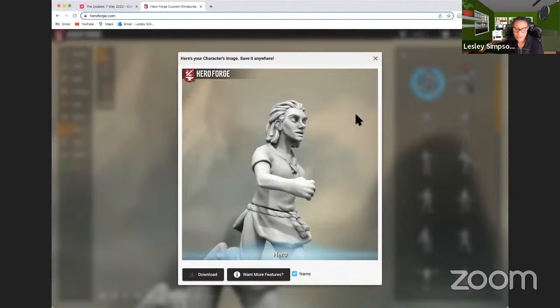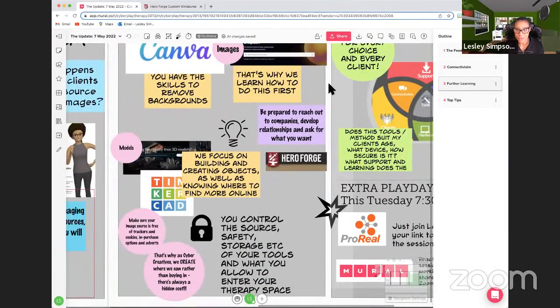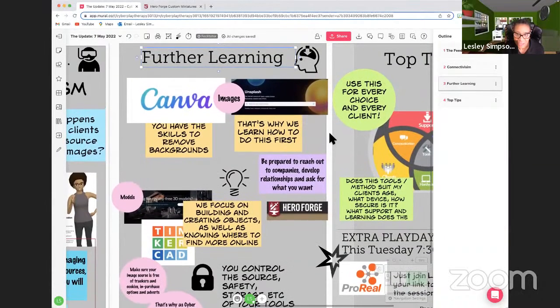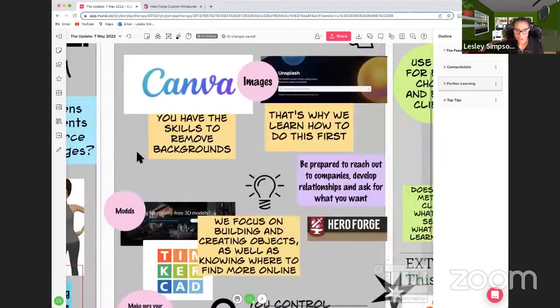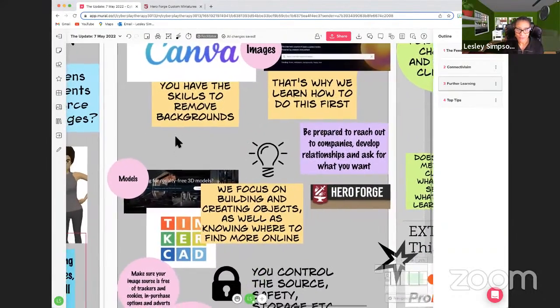Simple. Again, I don't have to have a library of all of those. I can go into HeroForge whenever I want to. And my client can share the screen, create what it is they want. We do a screenshot and we use the tool. So again, it's thinking creatively about things. So again, if you're up for reaching out to a couple of companies, if you see a great source of things that you like, you don't have to own it. Go ask. You don't know if you don't ask. Anyway,